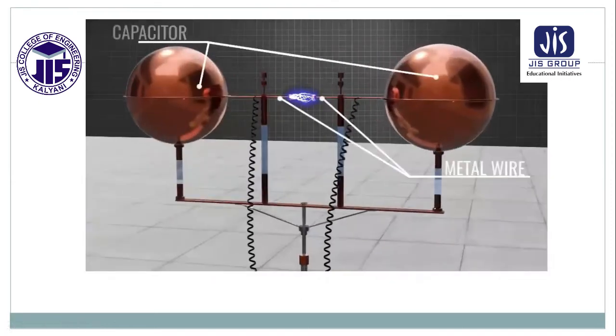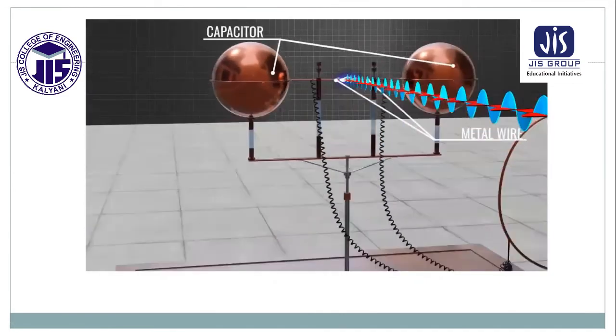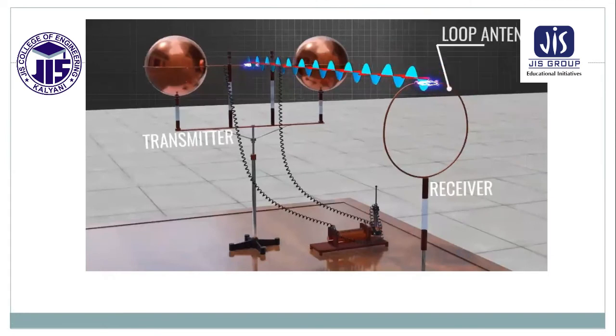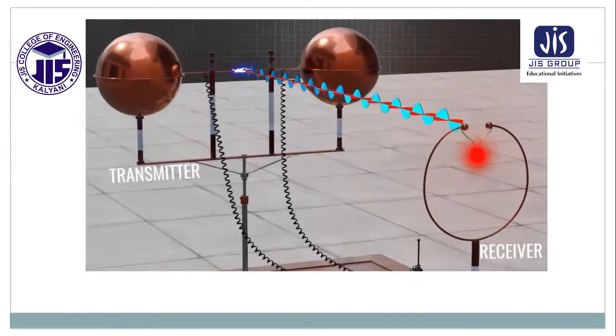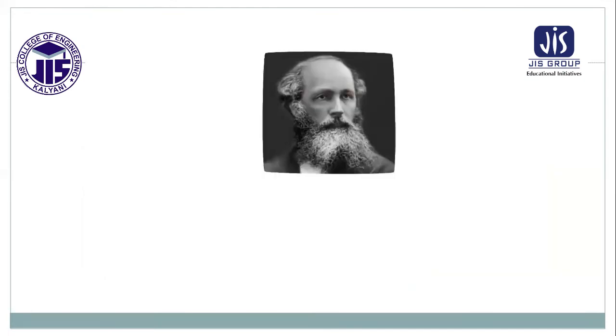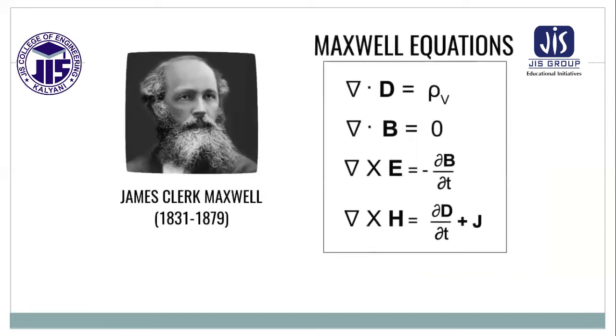This spark resulted in the radiation of electromagnetic waves. Those electromagnetic waves traveled through the air and created a spark in a metal coil located over 1 meter away. If you had placed an LED in that gap, the bulb would have glowed. This was a clear case of electromagnetic wave propagation and detection. However, before Hertz, the brilliant mathematician James Clerk Maxwell had already laid out the foundations for electromagnetic radiation by formulating 4 mathematical equations.